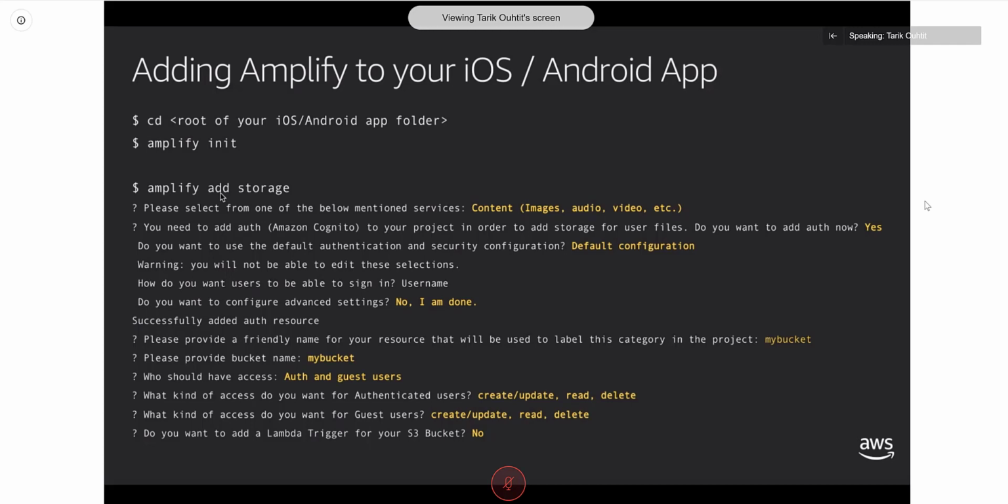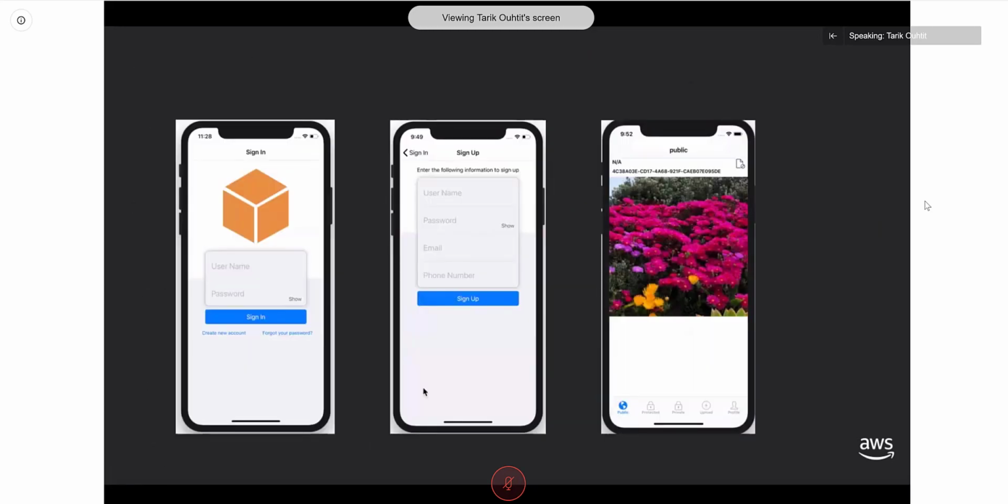And then it asks me, do I want to add authentication? So these images, videos, etc., that mobile phone users are uploading into my application, should they be restricted? Should they be locked down so that only authenticated users or only the person uploading the image can actually view it? In this case, I've said, yes, I want authentication in my application, please. It asks me which S3 bucket I want my images to be stored in, who should have access, etc. And then this will go away and it will build into my mobile application this functionality.